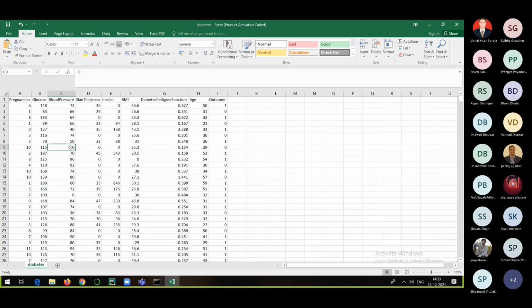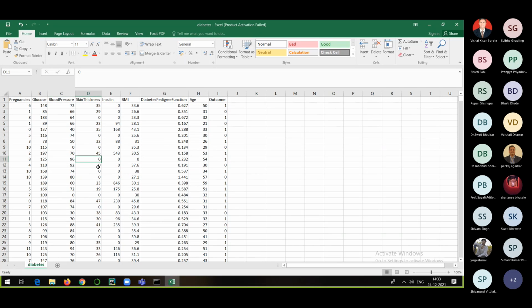Now why are there zero values in these columns? There are missing values in our data, and the client has replaced those missing values directly with zero without giving any thought. They might not know that to train the model, the data should not have missing values.